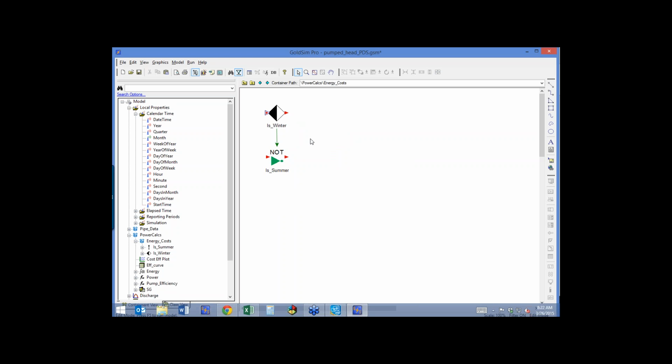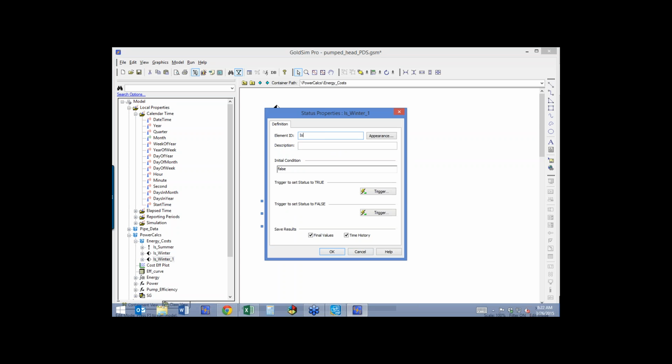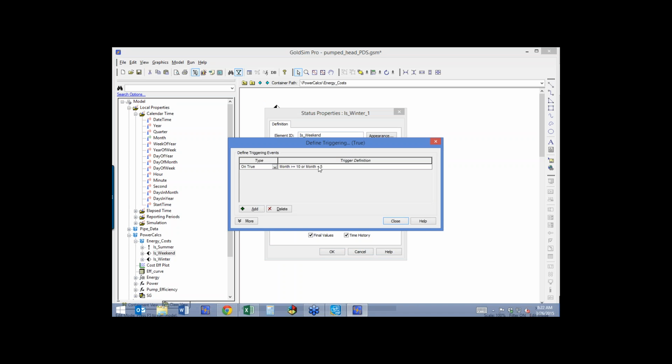So I'm going to set up another status element that's called isWeekend. Is it the weekend is the question, right? Okay, so I'll do the same thing on true, and instead of referring to the month, I want this to look at the day of the week. As you can see over here in our browser window, there's a run property called day of week. Okay, and all that does is another counter, but it starts on,